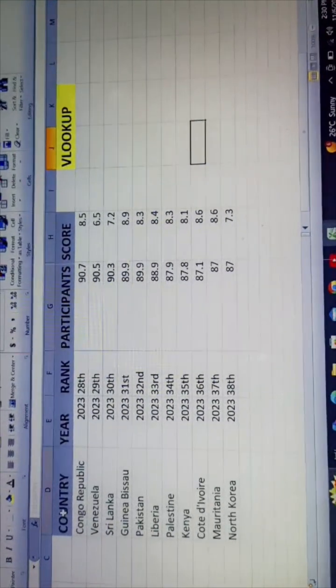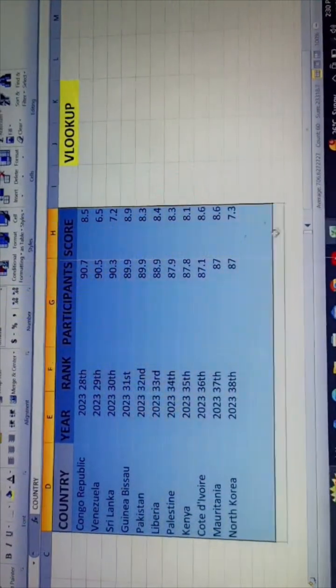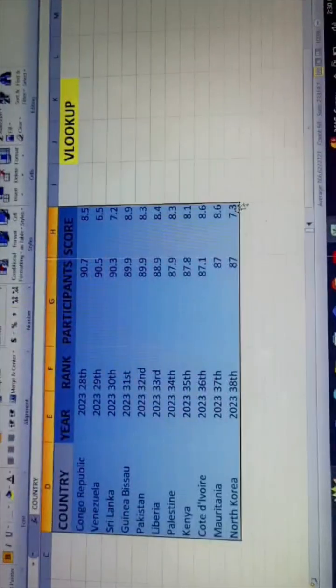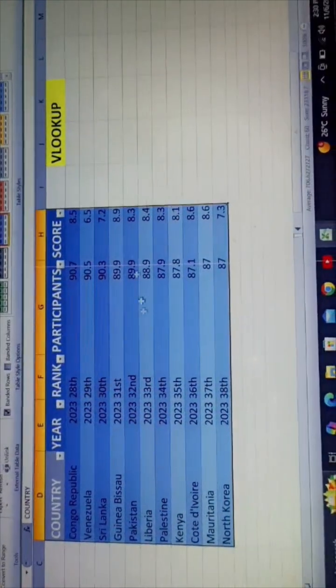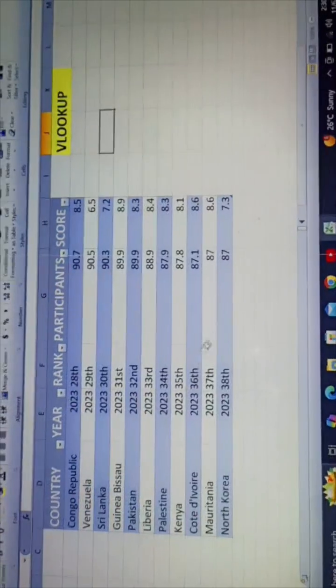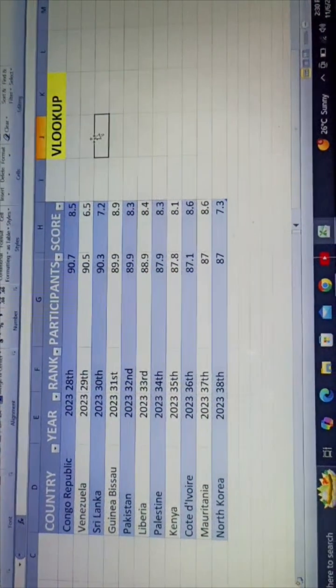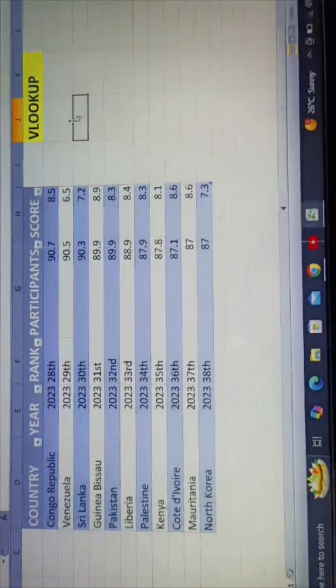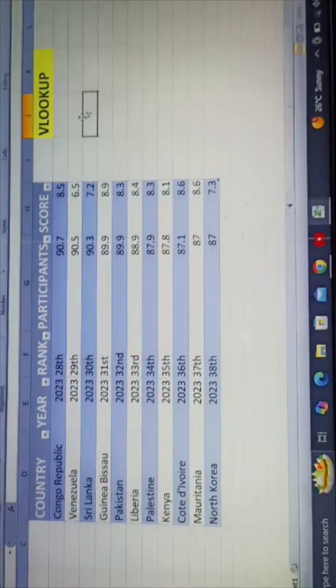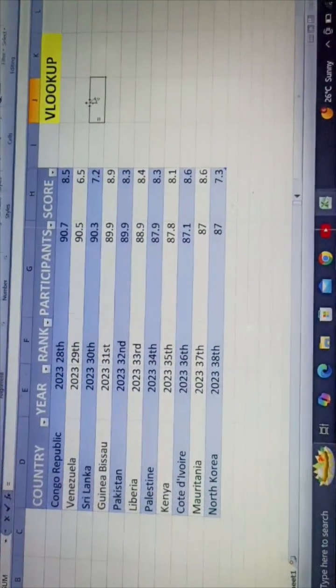First, we will convert this data into a table by pressing Ctrl plus T. Press OK. So this is our table. Now, for example, I want to find the rank number of Sri Lanka. So what we're gonna do is use just VLOOKUP